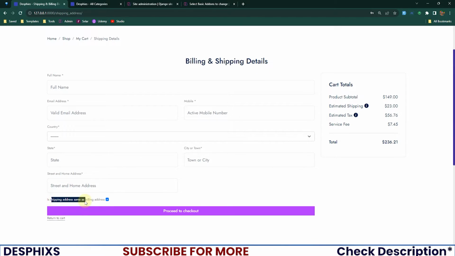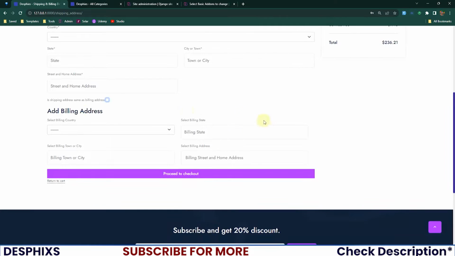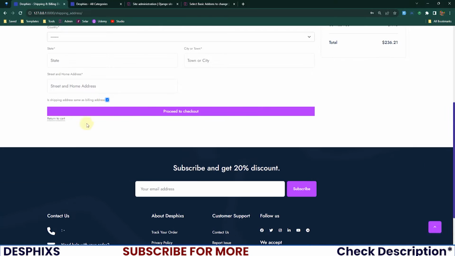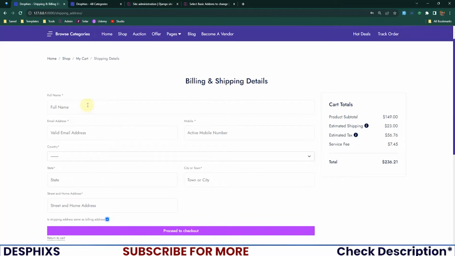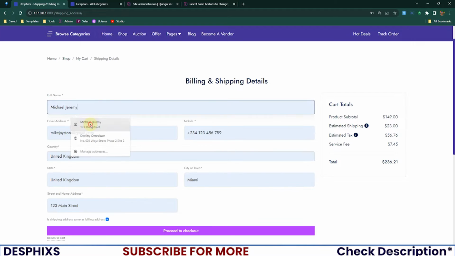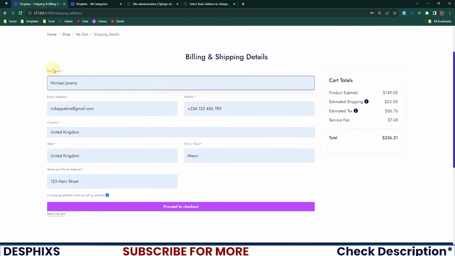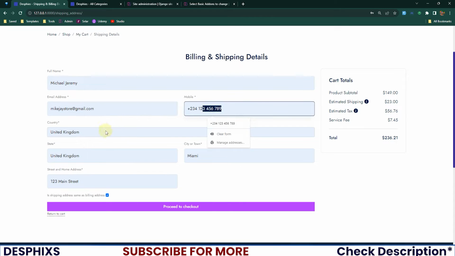And if this address is same as billing, you check this. If it's not, when you uncheck this, then it opens up another section for you to enter your billing address, which is really amazing. Now we could go ahead and actually fill this in real quick. I already have this listed out. As you can see, the full name, Michael Jeremy, the email address, the mobile number, the country,